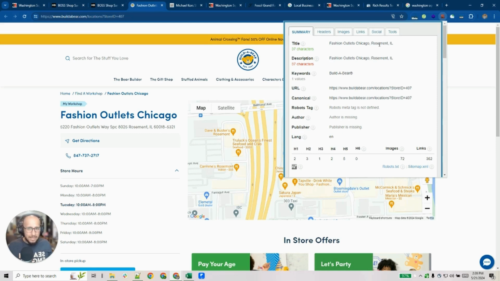Now this provides no context around what we should expect on this store detail page or what Build-A-Bear has to offer, nor does it offer a summary or description that can be fed through to the search engine results pages, or SERPs. There's a lot of missed opportunity, especially with the title tag, given it's the most important single HTML factor on